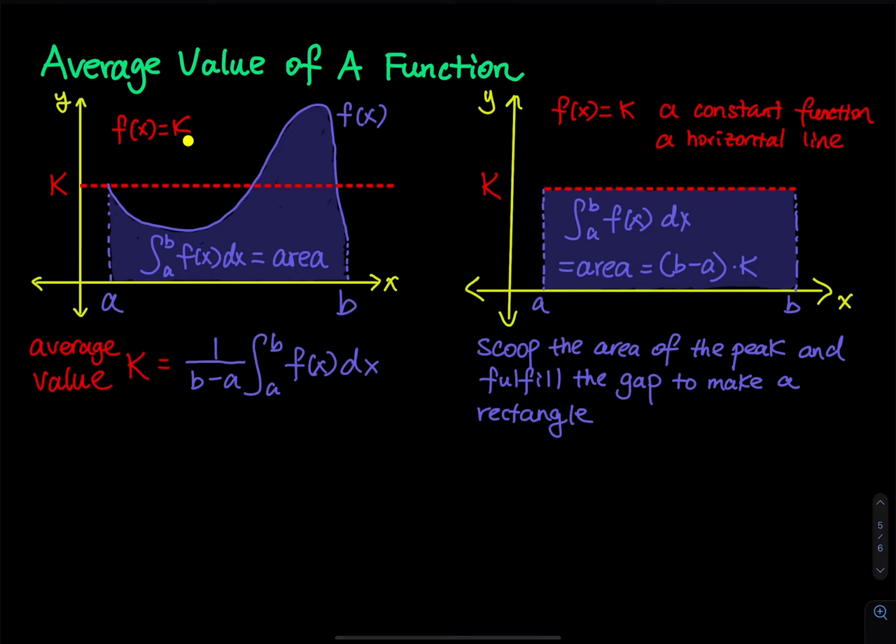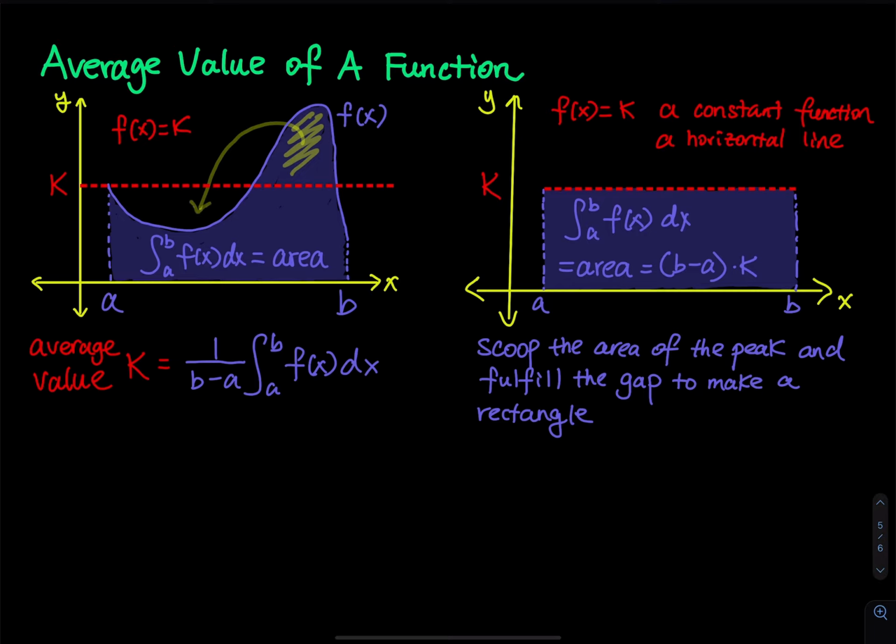f of x equals k is called a constant function. The graph of a constant function is a horizontal line that looks like that. So where do we place the horizontal line? That is the question. The average value tells you where to cut the area horizontally such that the piece that sticks out will fulfill the gap. So k is a horizontal function that cuts the area horizontally such that I can take this area